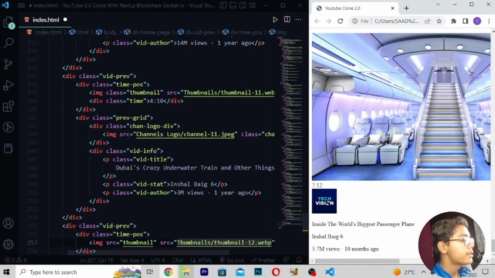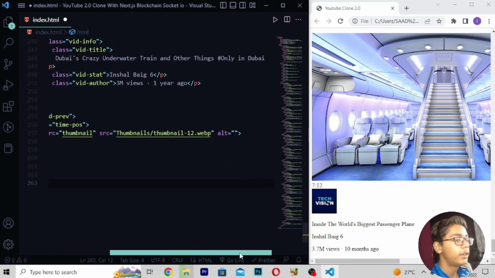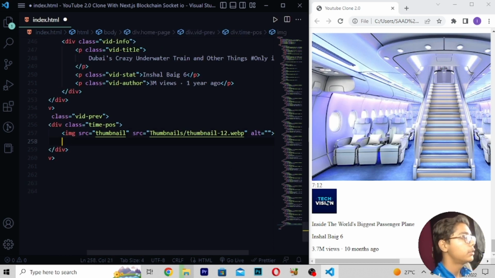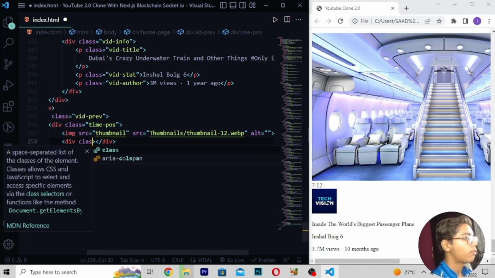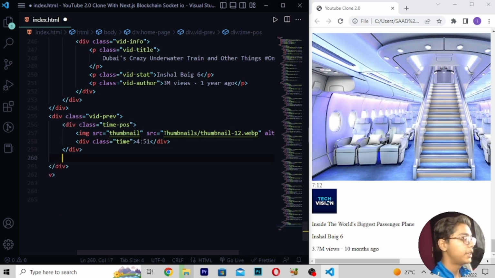Now when you are getting this, here I will be moving down, and after moving down here I will be moving in this file. You can see we have just written all this stuff. Now when you've written this, here I will be moving down right here div class time, then here I'll be writing 4:51, this is the time which I am writing, like previously we have written. Then here I will be writing preview grid like this.